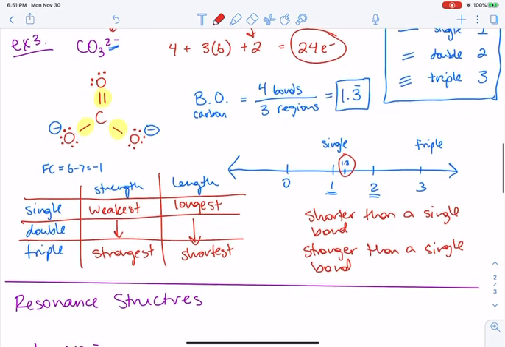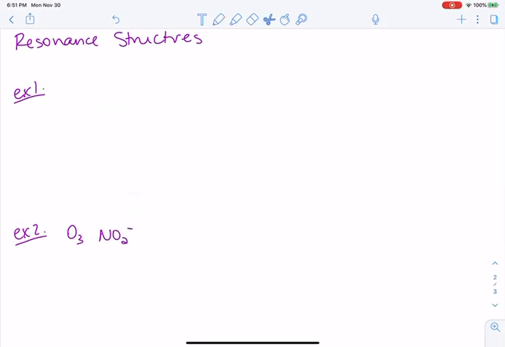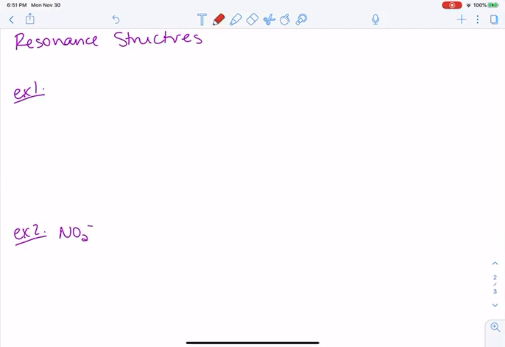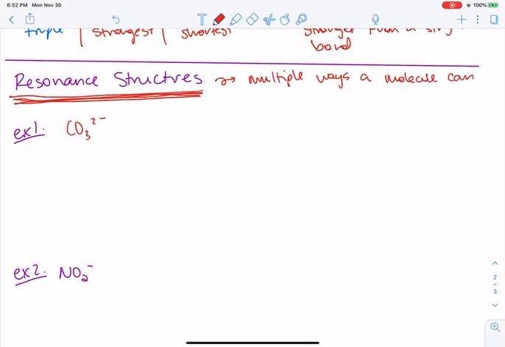But how do we get bond orders of 1.3? Well, here, let's do this. Delete. We'll do carbonate again. CO3 2 minus. So the reason why we can have bond orders like that is because of this thing called resonance structures. So resonance structures are just multiple ways a molecule can exist, essentially. So if we draw carbonate again,